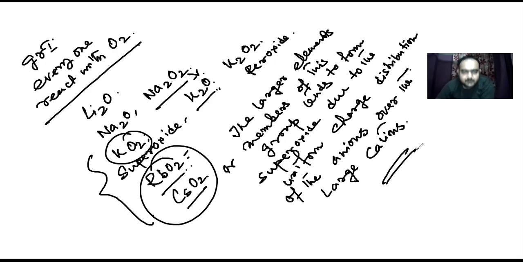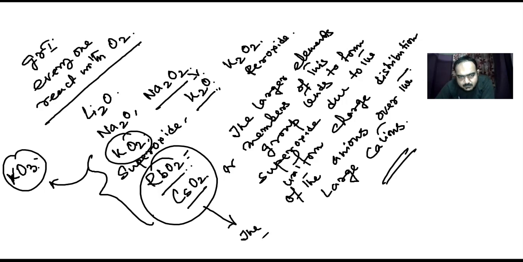So you should consider that the superoxides are formed by the larger elements of this family. You can see potassium forms another abnormal oxide, KO3, also. Okay. So you should remember the superoxides